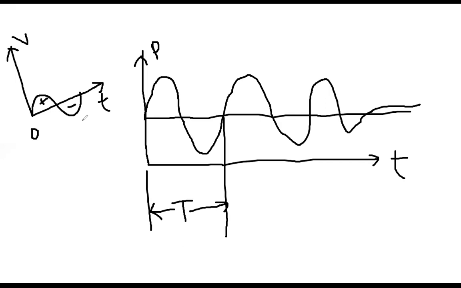So therefore, what is its average value? Can you guess what should be the average? Because for example, this is 100 volt, negative side is also 100 volt. Because this is positive peak, negative peak, ultimately the average is 0, because this is plus and this is minus. If this is 100 volt, then this is minus 100 volt. So therefore, ultimately average is 0.